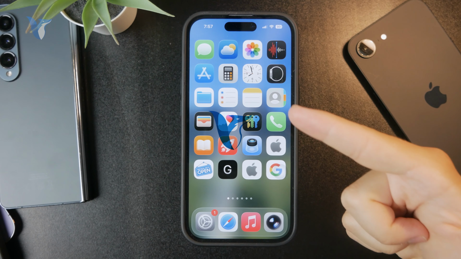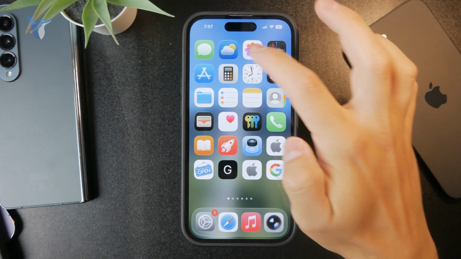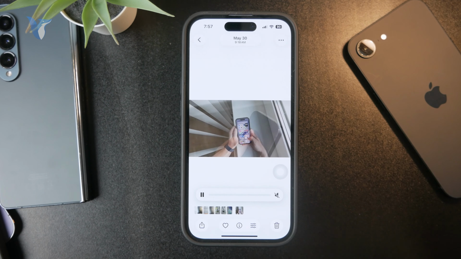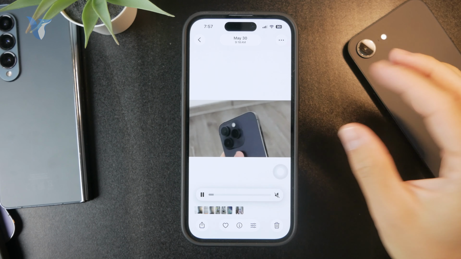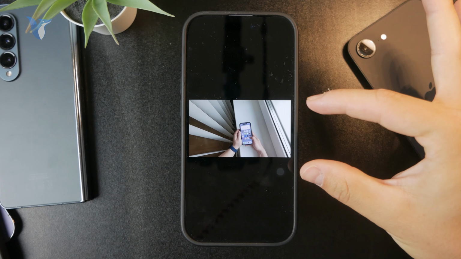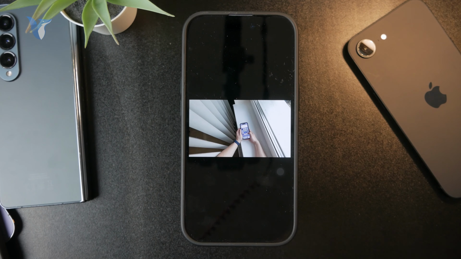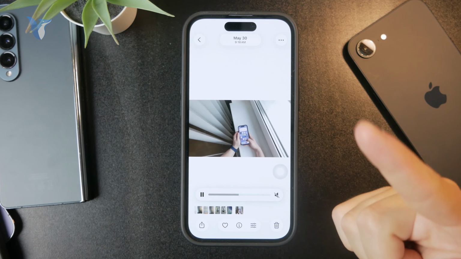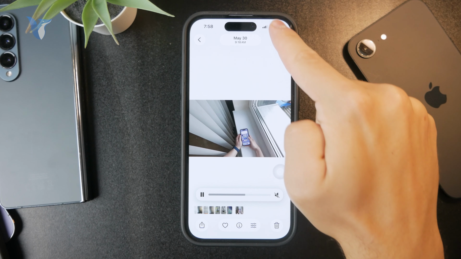How do you allow the video to rotate on an iPhone? So you might be watching a video like this one, which is fine, right? But you want to watch it in the horizontal position, right? You don't want to watch it on the small piece of the screen, but you want to take up the whole screen. So if you want to do that, the first step is to swipe down from the top right